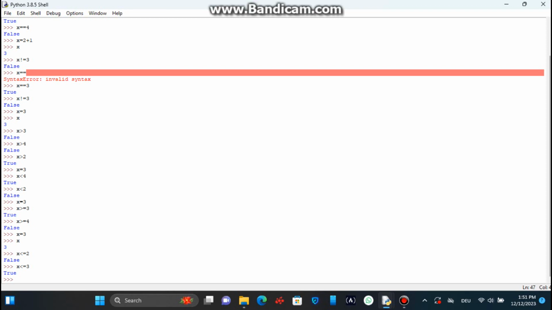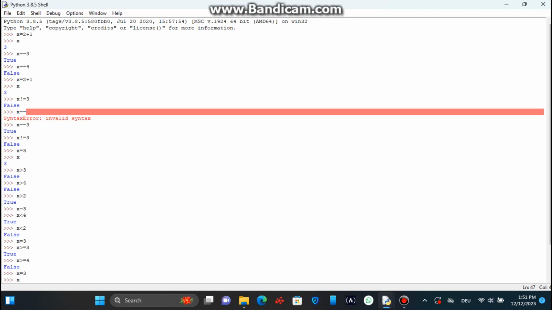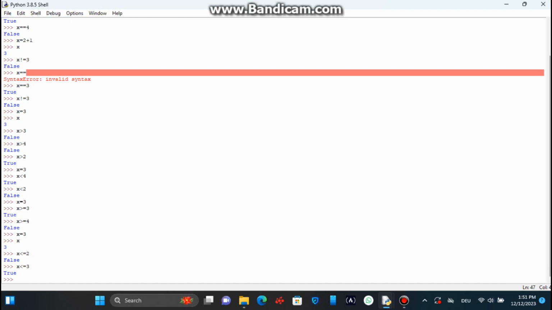So in summary, we have seen the equality operator, which is denoted by double equals. The next is the inequality, for which we use the exclamation mark and the equal sign to verify the inequality, which is the opposite of the equality. Now we have also seen the greater than and less than, and the greater than or equals to and less than or equals to. And you should keep in mind that when using the greater than or equals to operator, it